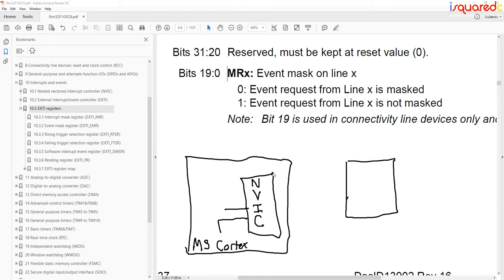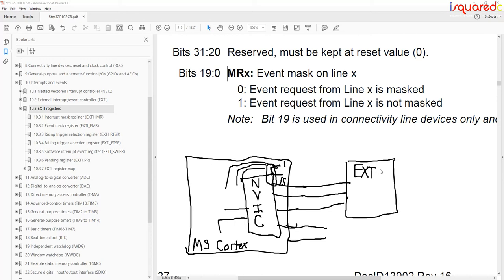And I believe the first 15 interrupts, let's say these are all interrupt lines, correct? The first 15 lines are internal. It has to do with the core, with reset and other things like that. And then the lines that remain come out here. It's not exactly that many, but let's just say it is. And some of them are out here. This block is called the EXTI, the external interrupt block. On this block is where your GPIO